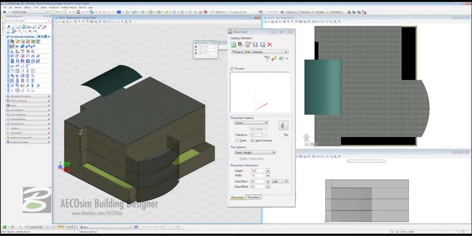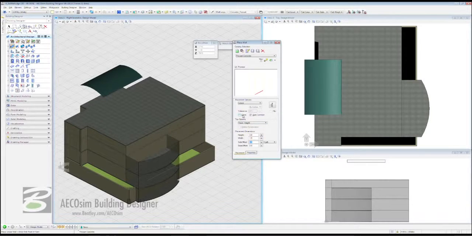With that, we can click on the same wall that our condominiums is made from, and straight away, the Place Wall dialog box reflects that. Precast concrete, 11 feet high, 1 feet thick, but we just want to change that one more time. We're going to say 3 foot by 1 foot. And so now, all you need to do before you leave this dialog is to make sure the Close